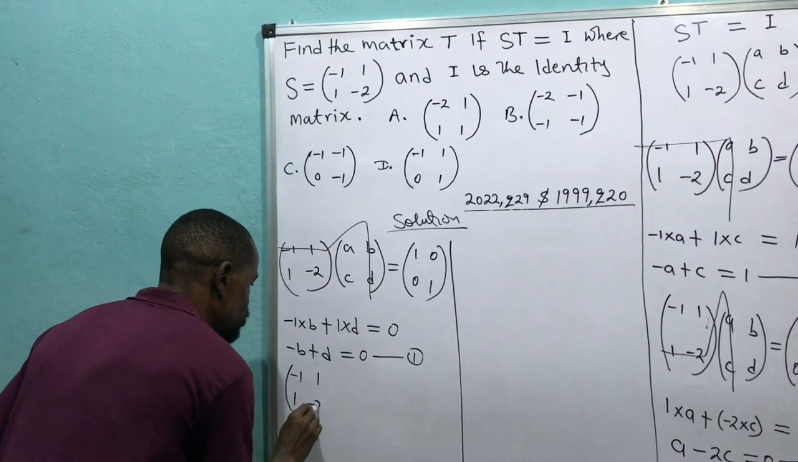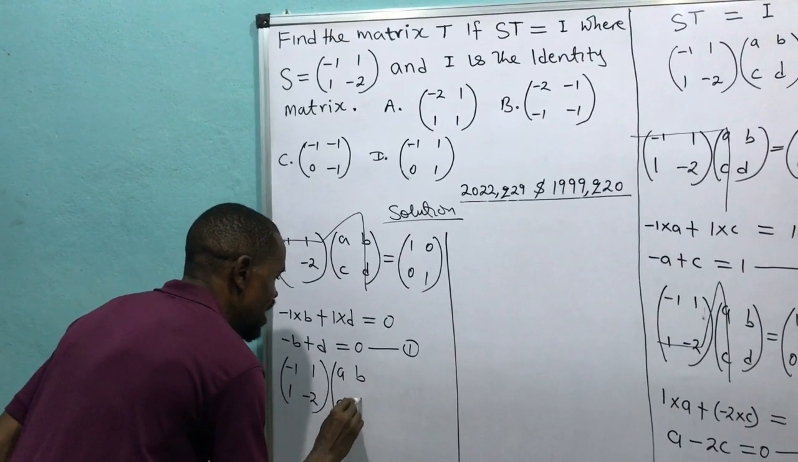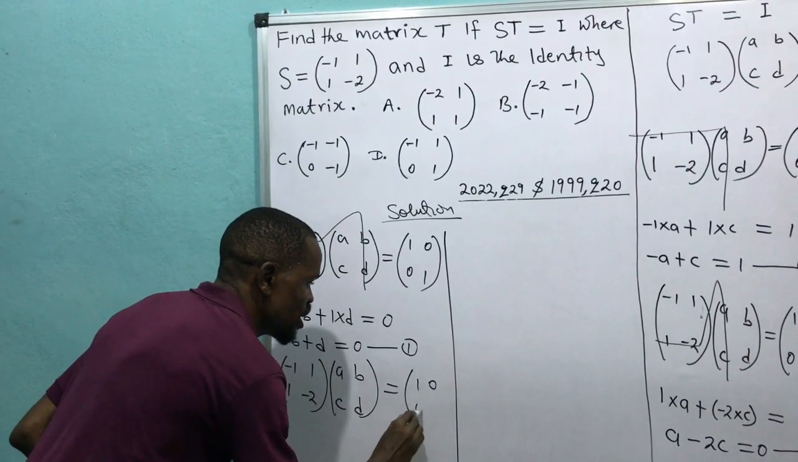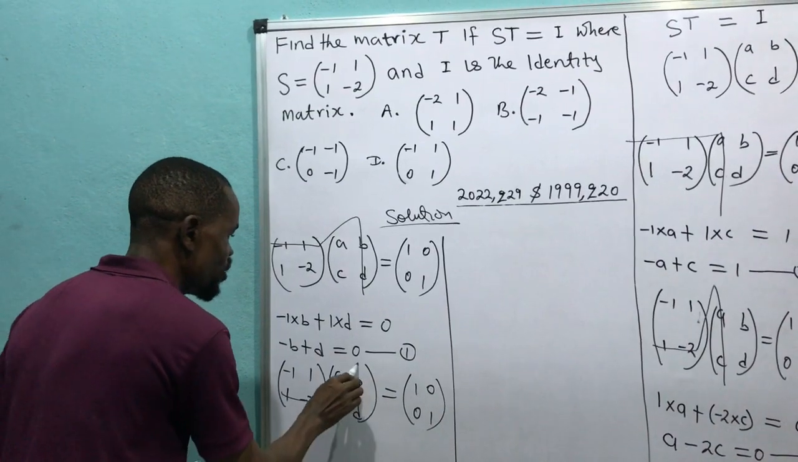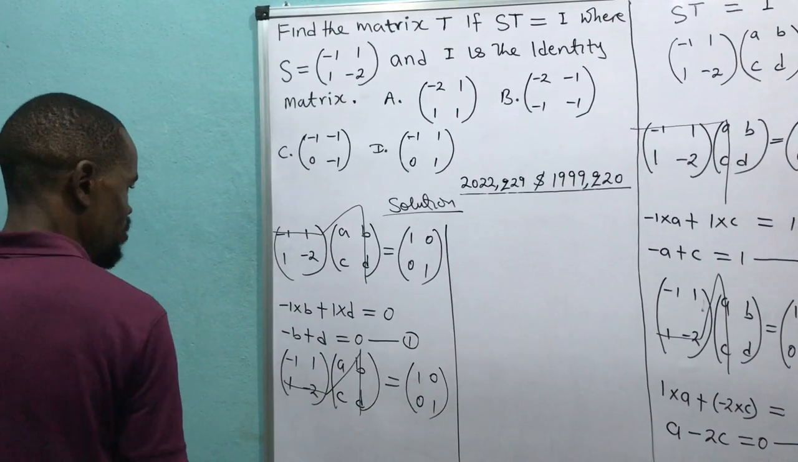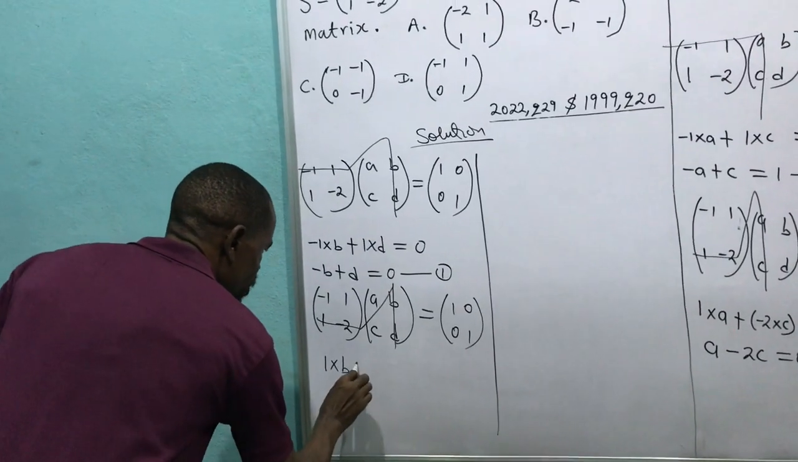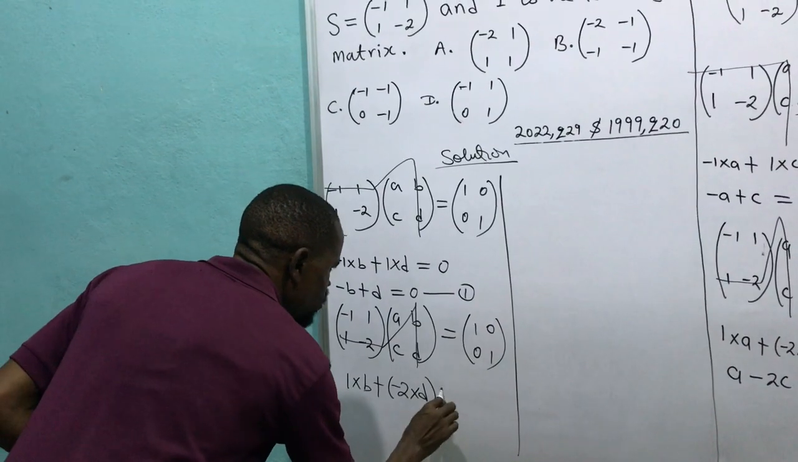I will now have again minus 1, 1, 1, minus 2 multiplied by A, B, C, D is equal to 1, 0, 0, 1. I will do this again. Are you following? This goes to this. Are you following what I'm doing? And that will give me 1 times B plus minus 2 times D, and is equal to